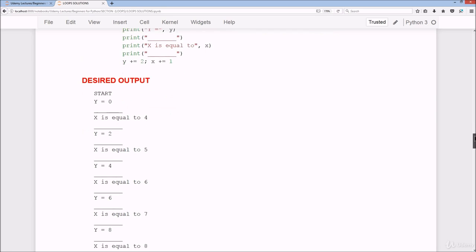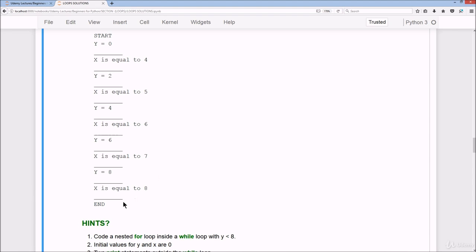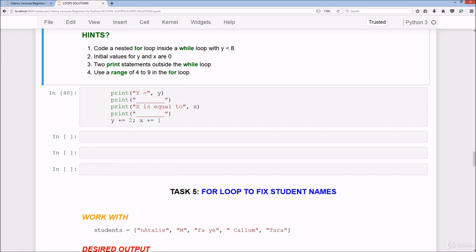And if we just take a look at the outputs, we have starts and ends, which are quite similar as you can tell. They've got the print statements outside of the loop, similar to the previous example. And the hints are as follows: